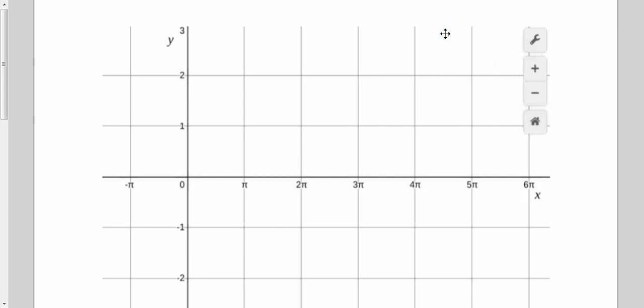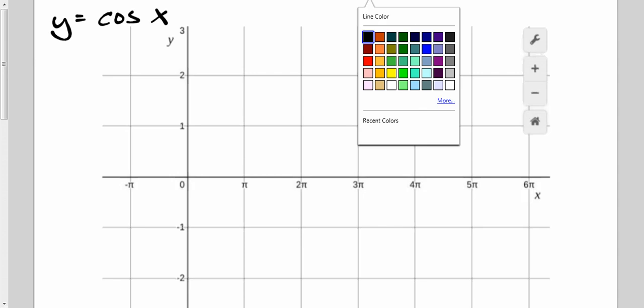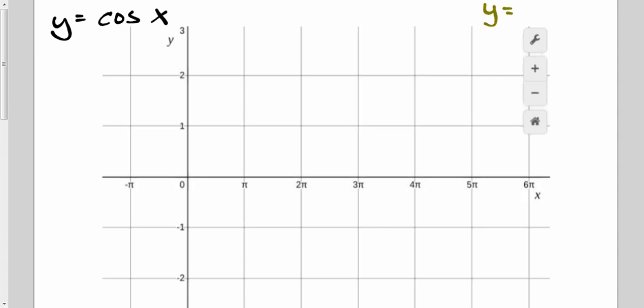Okay, so what I want to do today, it occurred to me that we talked a lot about all the transformations that we can do to sine, but we're going to do cosine today. So we're going to do the equation y equals cosine of x. I'm going to do that equation first, and then we're going to analyze. I'm going to do this in my favorite color. We're going to do y equals a